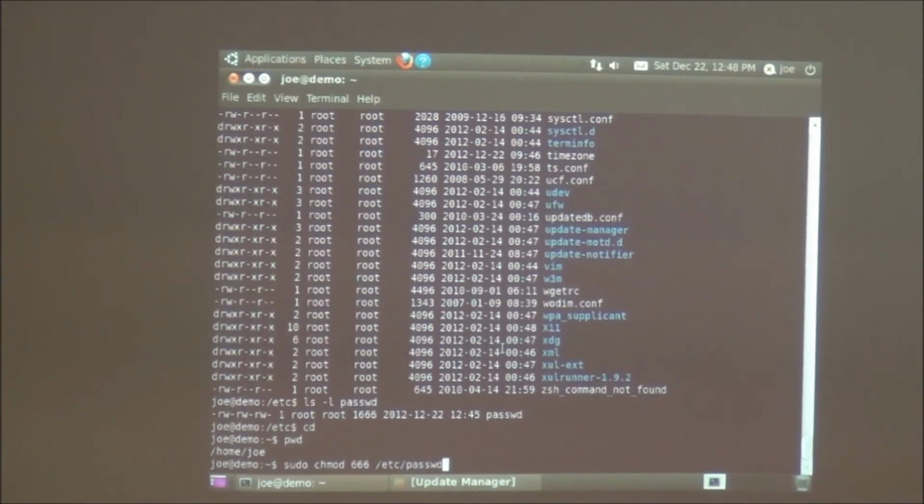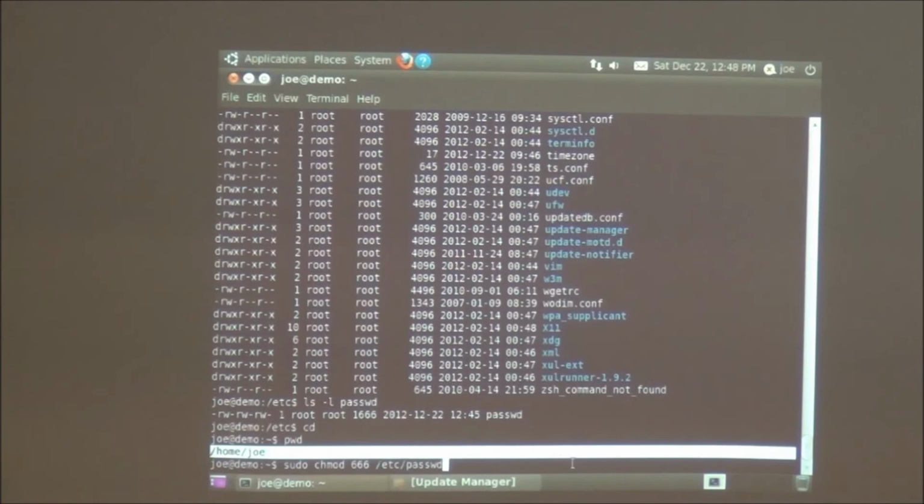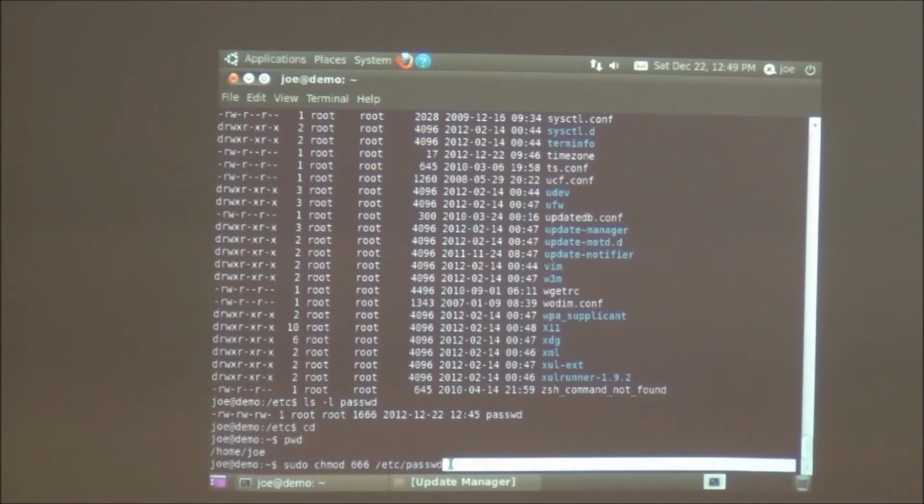There you go. I'm in my home directory, as you can see here. But since I'm specifying the full path of the file, it doesn't matter where I'm at. Bash is going to know how to get to it. So that's my home directory, and I'm specifying this is the directory the file is in, and this is the file that I want to change.